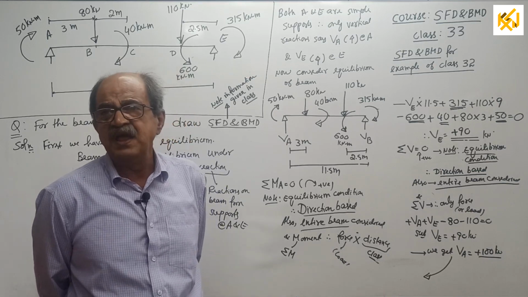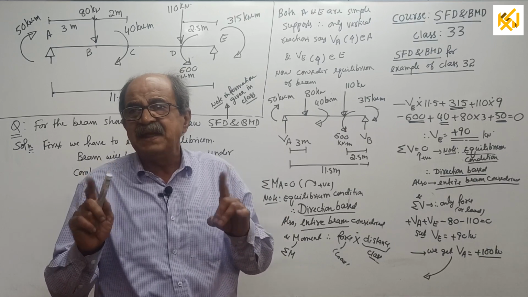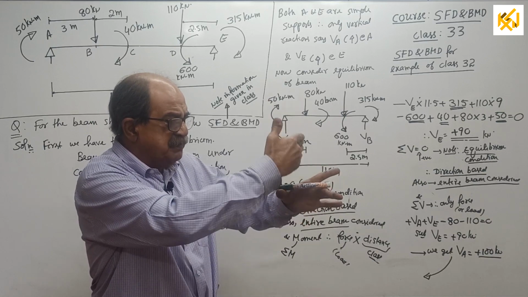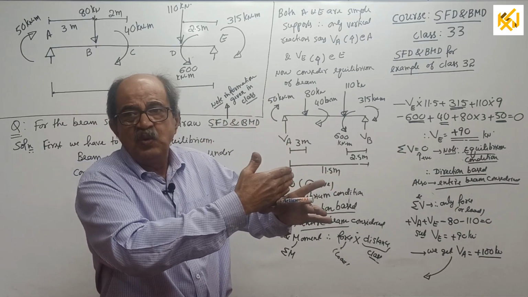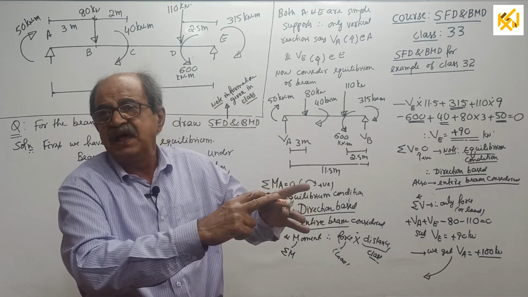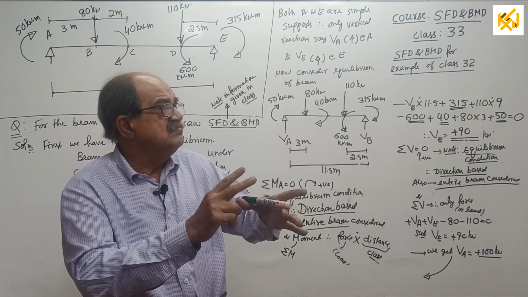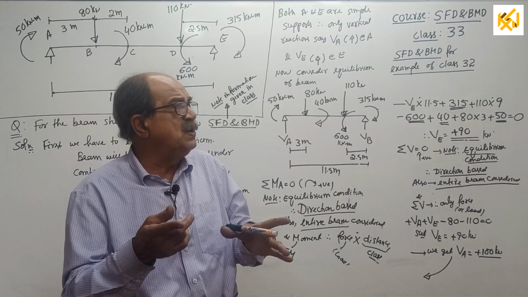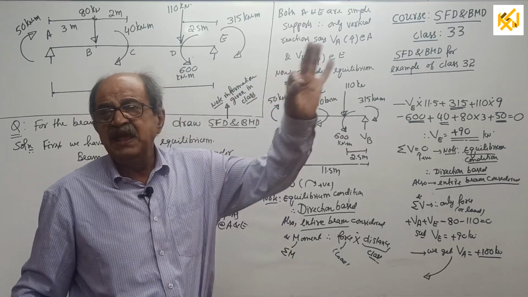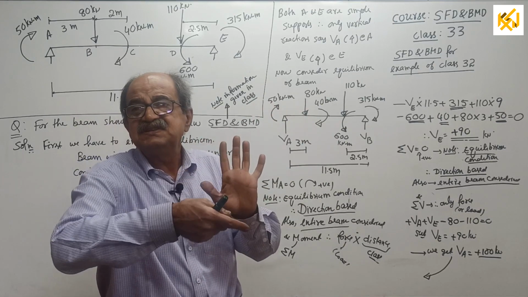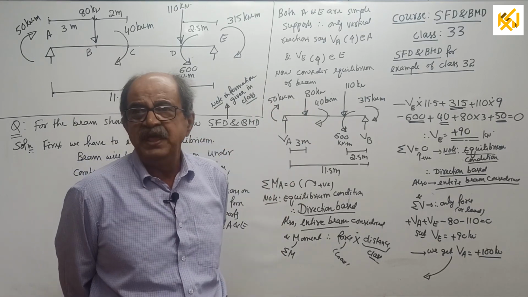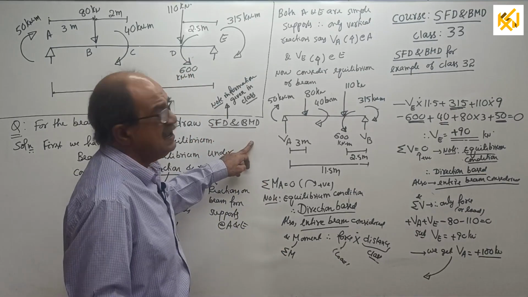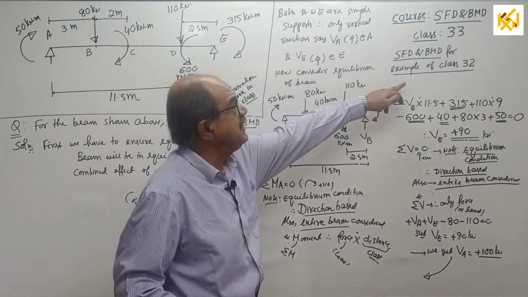When I start drawing SFD and BMD, it will be in systematic order. First example, for example, a simply supported beam with a central point load. Then an eccentric load, two point loads, first symmetrical, then not symmetrical, UDL full span, partial span, combination of UDL and point load, then uniformly varying load, then couples, then combination of point load, UDL, etc. with couple. That will come in the correct order. But suddenly some will wonder why SFD and BMD came here.